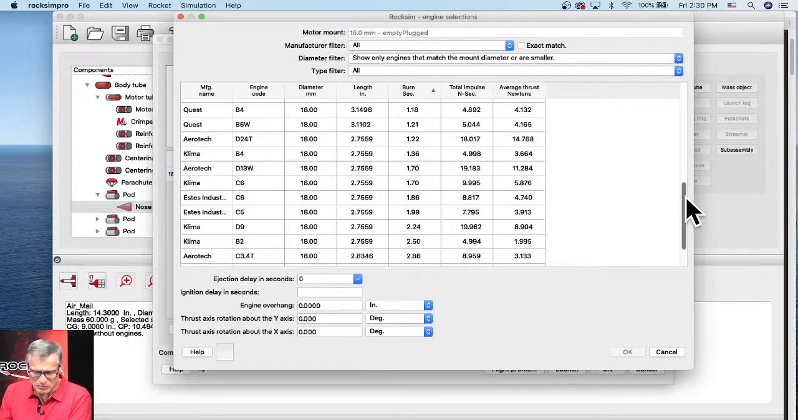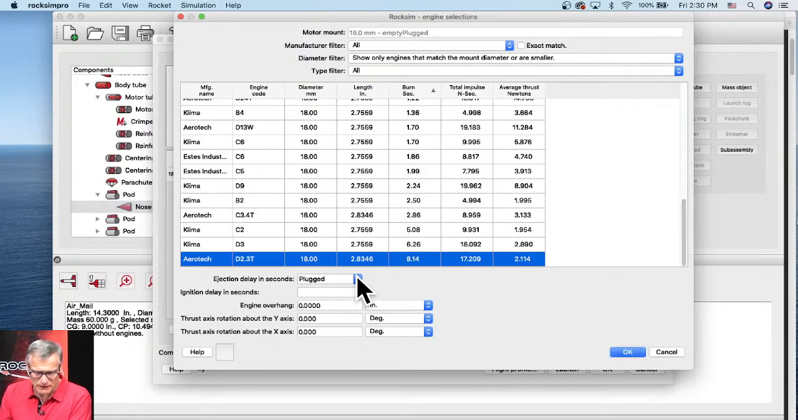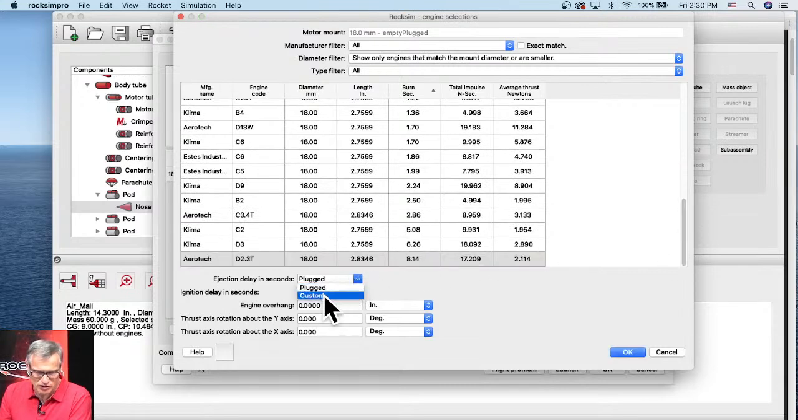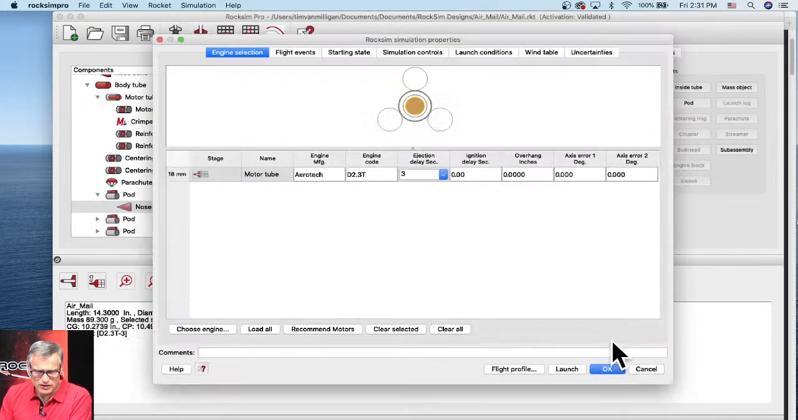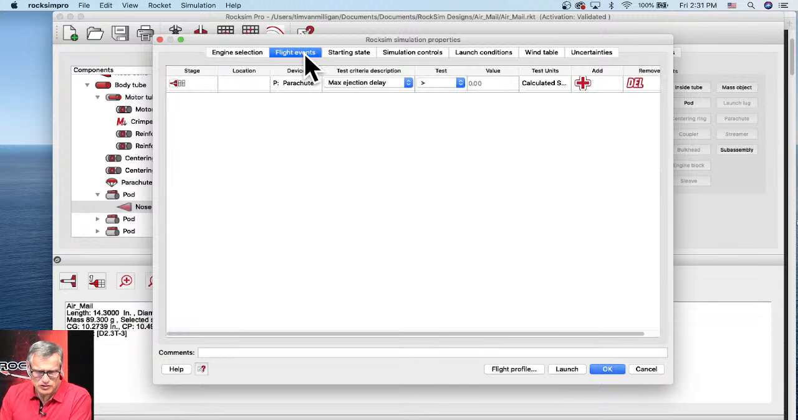So I'm going to load that motor into the rocket, and we'll change it to a custom delay, and we need to select a delay. We'll make it a short delay because I have a feeling that as soon as it burns out, it's going to be going so slow that you're not going to need a long delay. Click OK. I'm just looking at the flight events: deploy the parachute at maximum ejection delay, which will be that 3 seconds